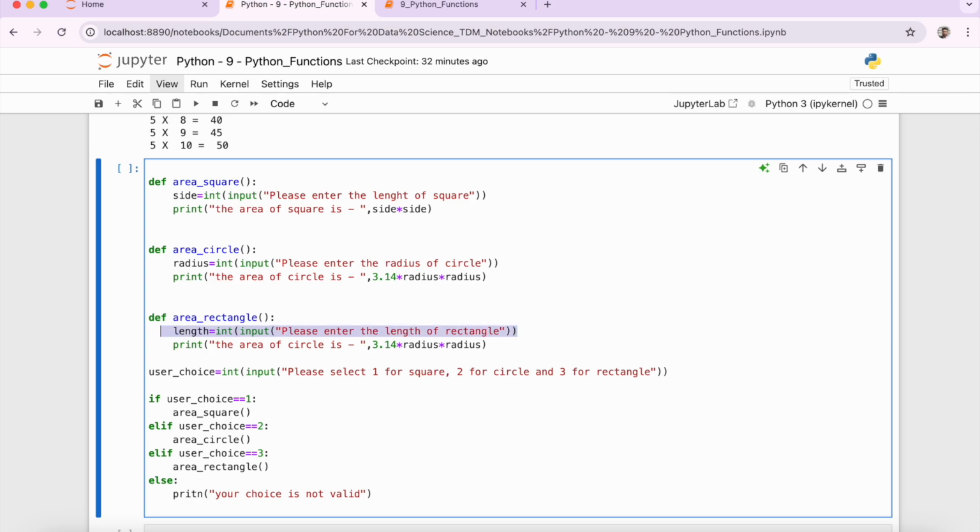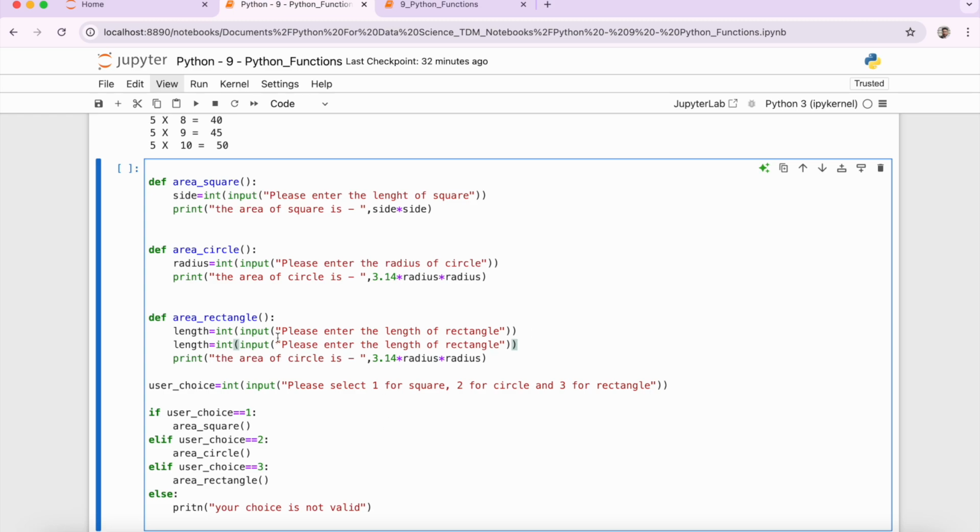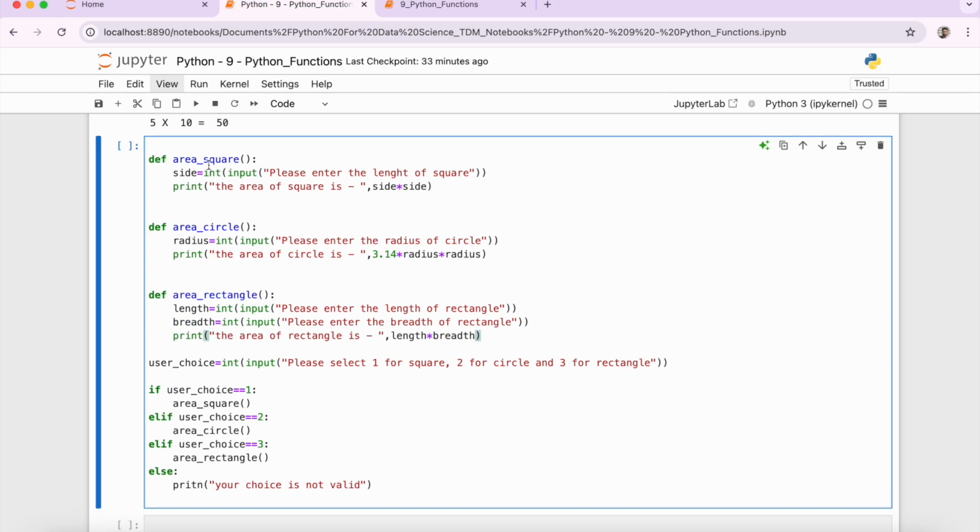Let me copy this and put it again over here, and I'm just going to change this to breadth, and I'm going to put over here again, "Please enter the breadth of the rectangle." Then we are going to say the area of a rectangle is length into breadth, right? So we'll take this length and put it over here, saying length into this breadth. Now we have our function complete for area of a square, area of a circle,